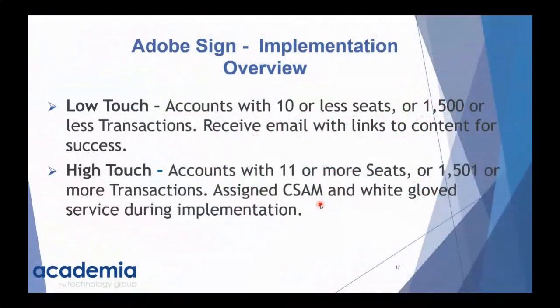So there's simply 2 models. There is a low touch model. If you buy 10 named user licenses or less, or 1,500 or less transactions, you simply receive an email, and it's a good luck on your way. It's a really good email. It's got training support, onboarding support, but it is very much down to you guys to get it up and